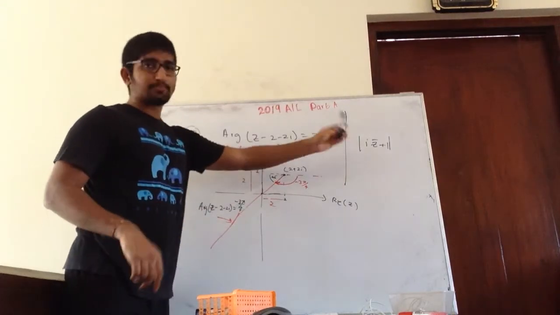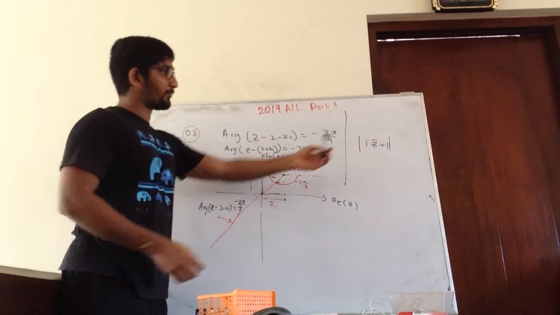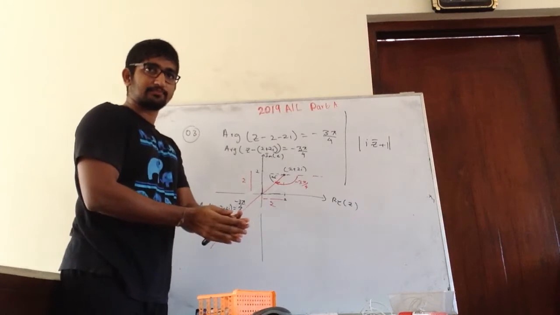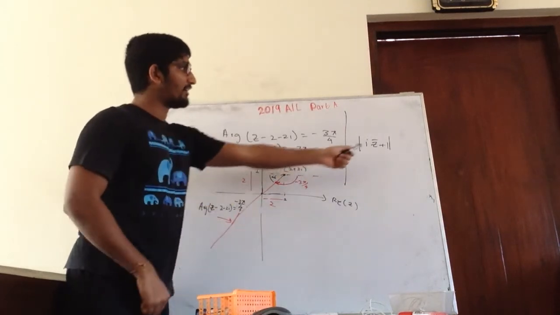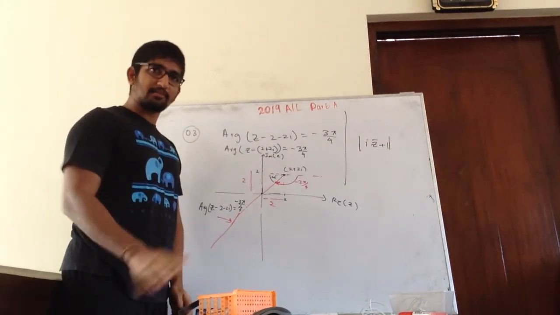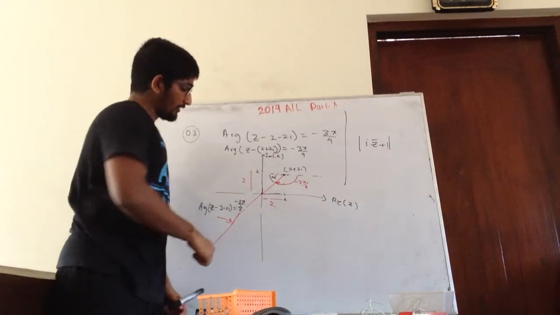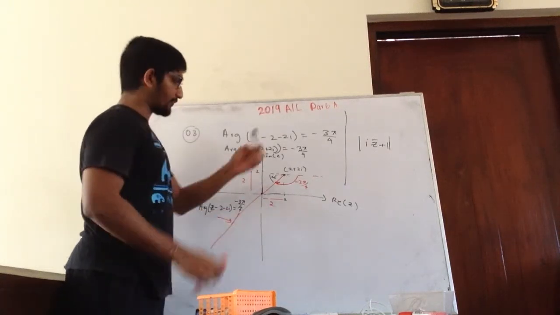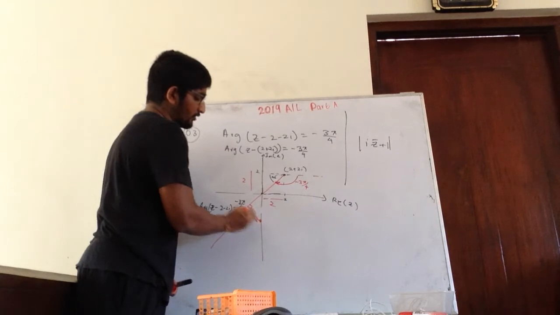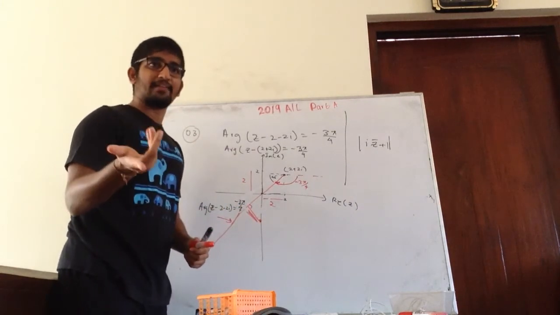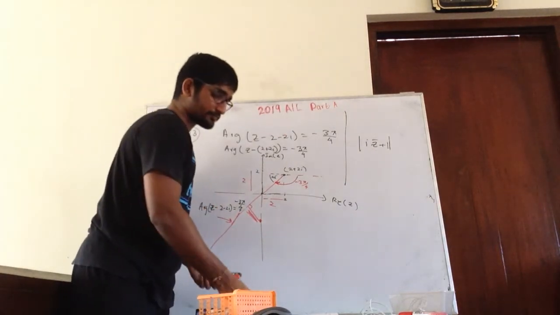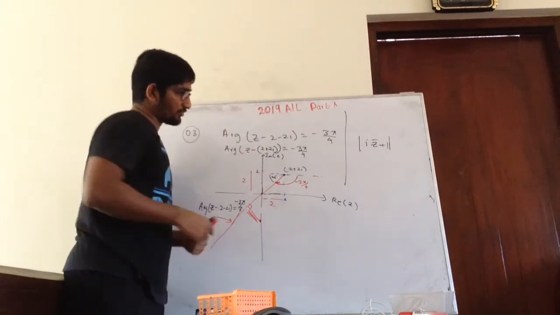So now what they are asking is, between this point and this line, what is the closest distance? So we have to find what this point represents. We have done something very similar in 2018. So here, for example, if this point is somewhere like here, the minimum distance will be this. So they are asking something like that. So now we have to evaluate this part.